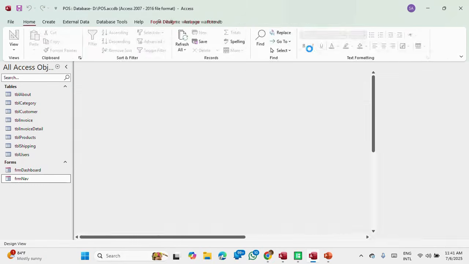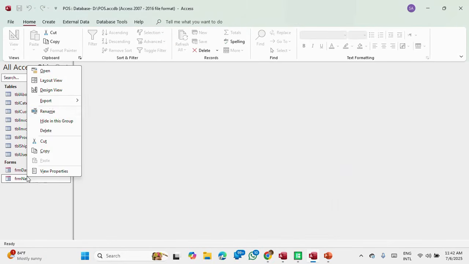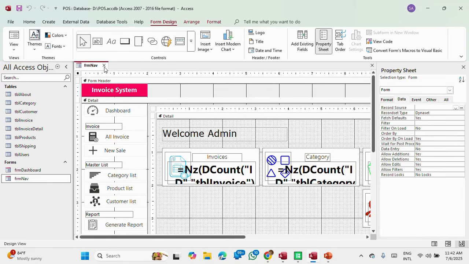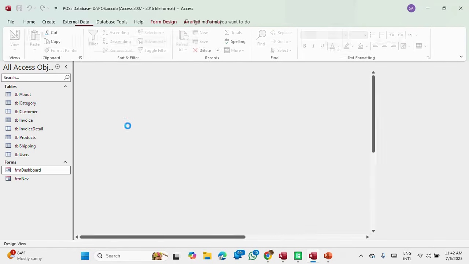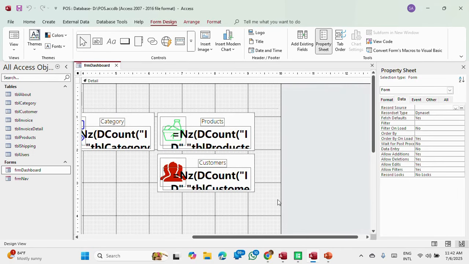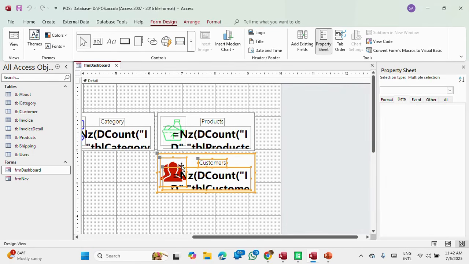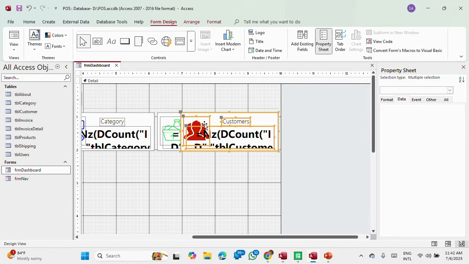I'm going to design view, close this one, go back to design view. Oh, sorry, go to form dashboard, and then we will carry this one and line it with this, like that. Then I will set the whole thing. I don't need that. Okay, so I will need this. I don't need that. All right, then I'll select the image. Sorry. Okay, so this one will do,